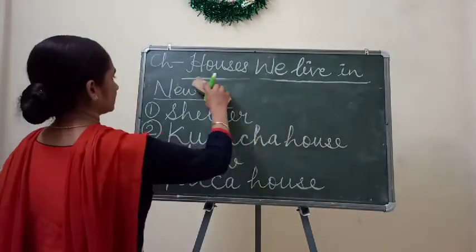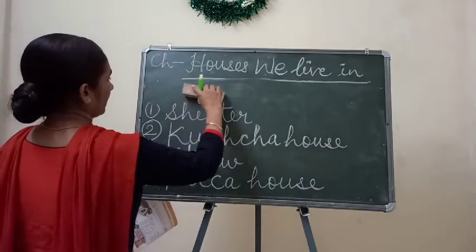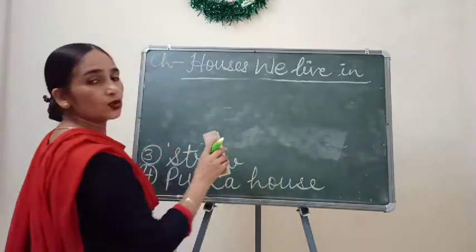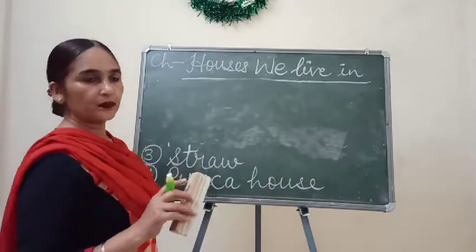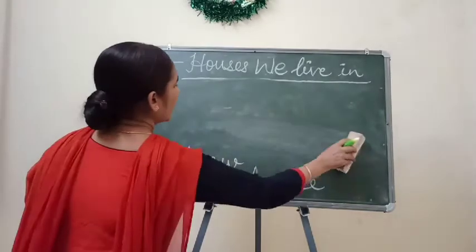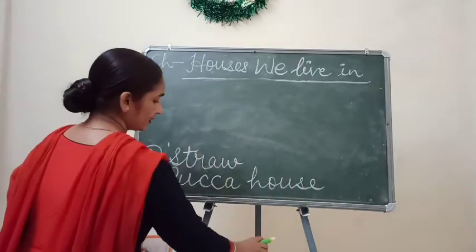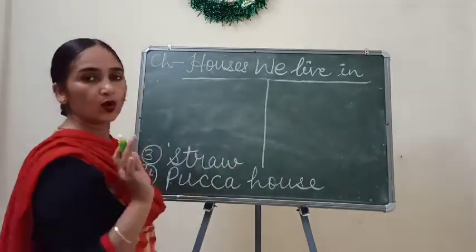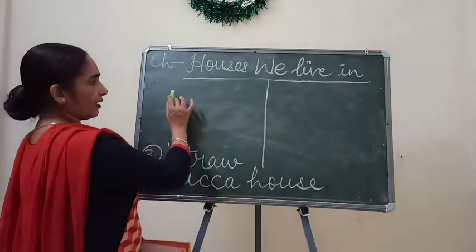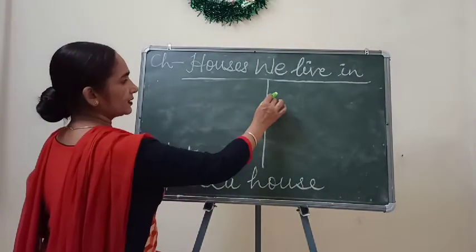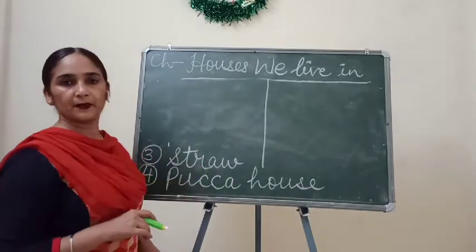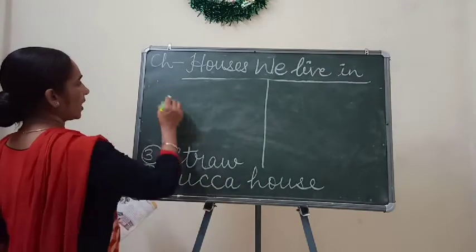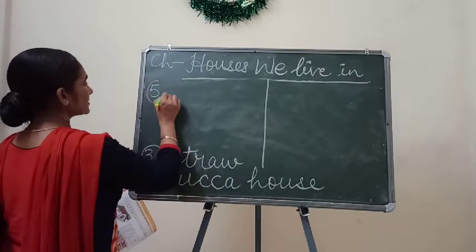Every word you should write 2 times in your copy. How to write? Draw a line at the center of your copy, and here you write one time, and the second time you write on this side. Understood? So children, the 4th is pakka house, and the 5th word is